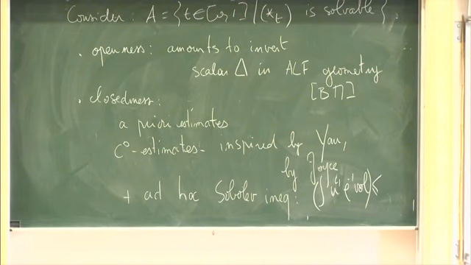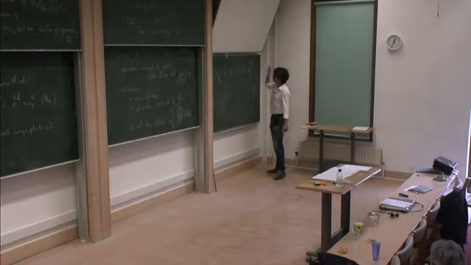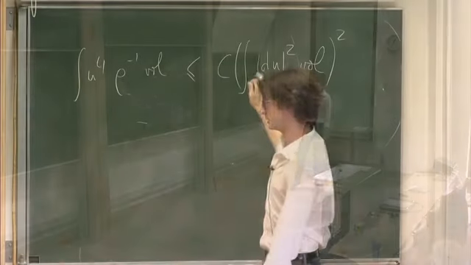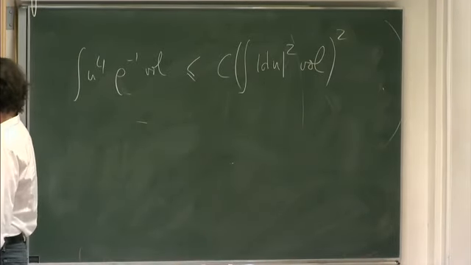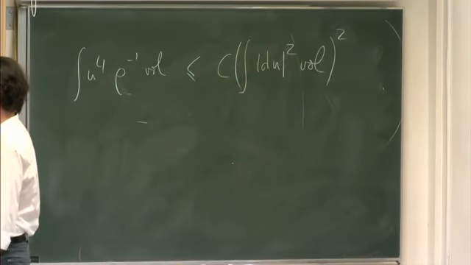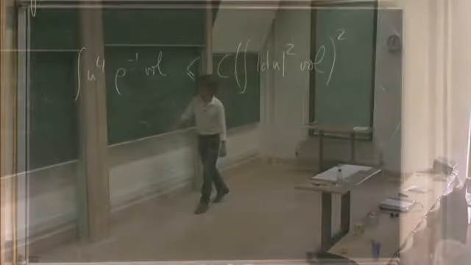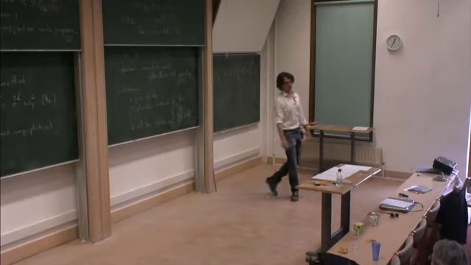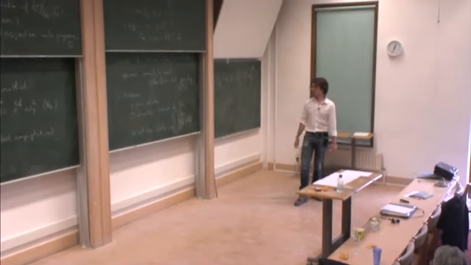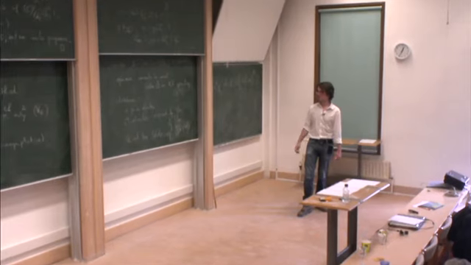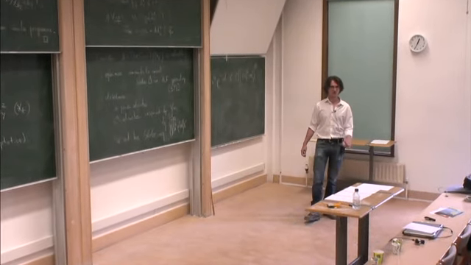You have to correct it with some weight function. The good weight is this rho minus 1. And then, of course, you need a square. And with that, you're good to run your integration by parts and reach this C0 estimate. The higher order estimates are done in a more classical way and really rely on this very particular C0 estimate. Thank you very much.